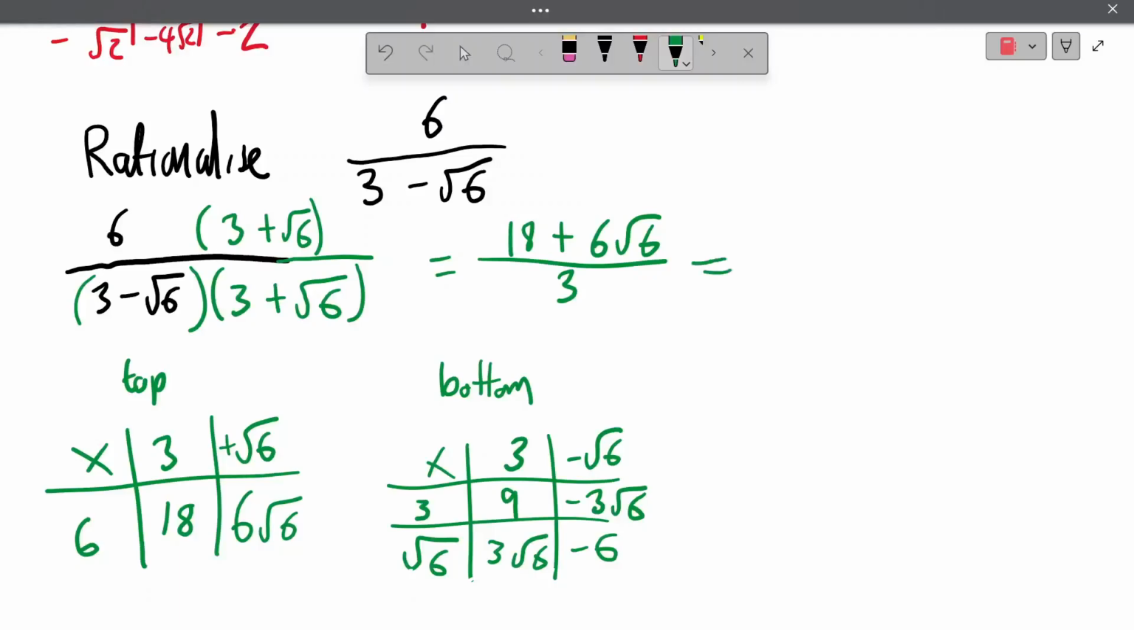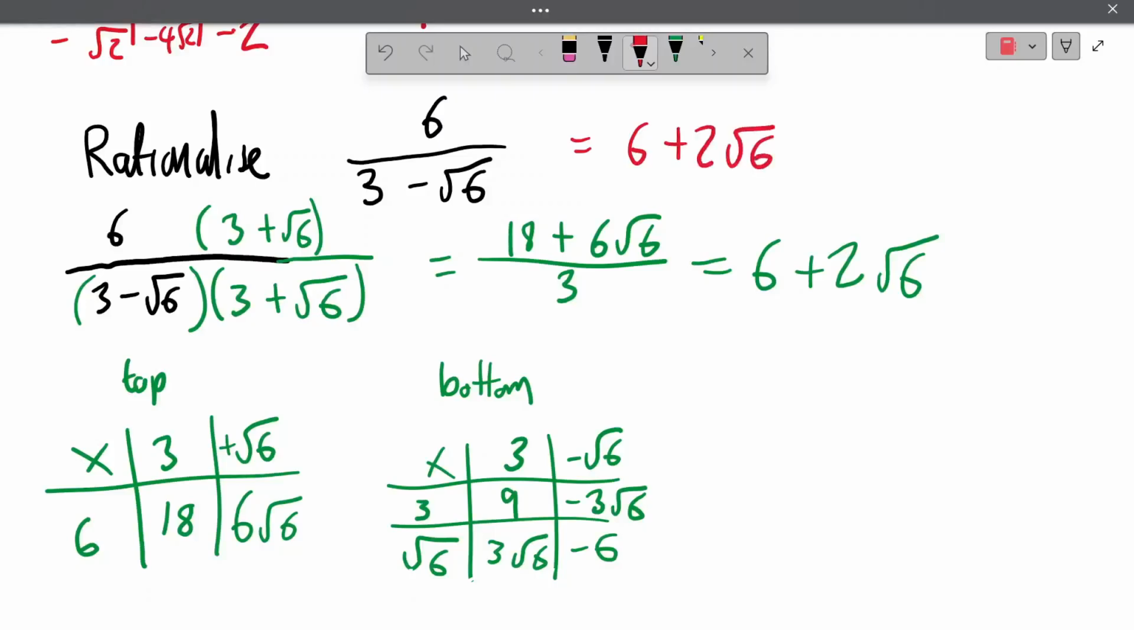This time, we can look at this, and it does actually simplify. You end up with 18 divided by 3 is 6, and 6 root 6 divided by 3 is plus 2 root 6, because the 6 divided by 3. So that's it, rationalised. The 6 over 3 minus root 6 is the same as that, which equals 6 plus